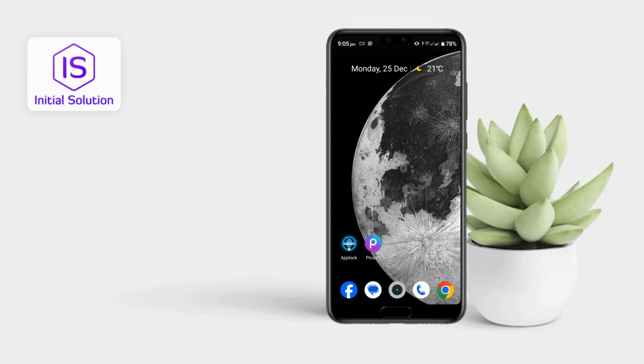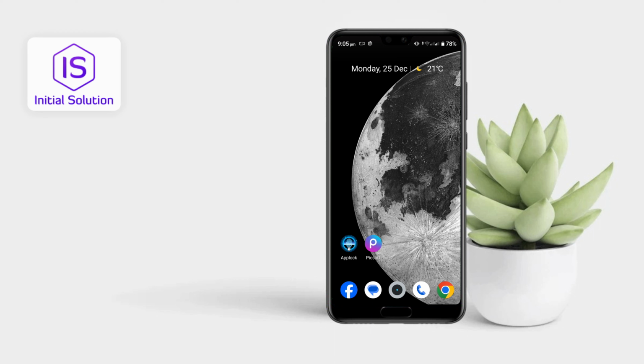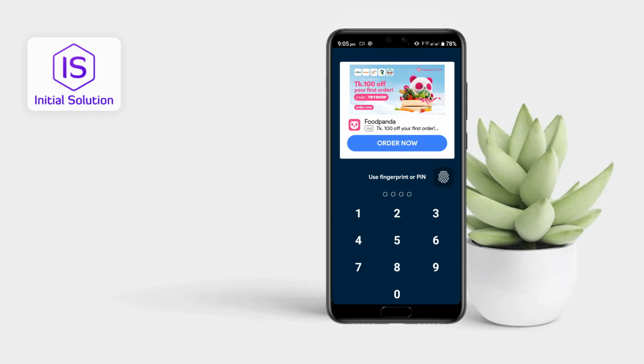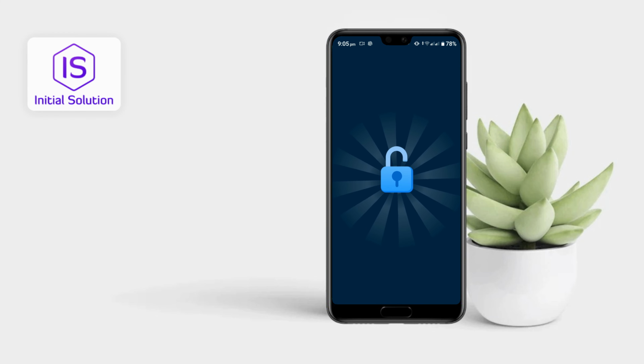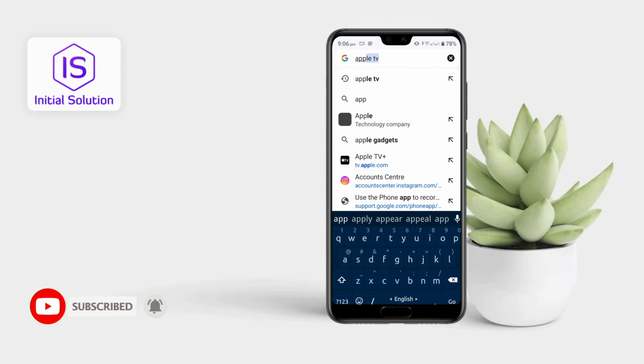Today in this video I'm gonna show you how to watch Apple TV on Android. First of all, go to your Chrome browser because there is no application to watch Apple TV on the Play Store. So for this you have to go to your Chrome browser and search for Apple TV here,